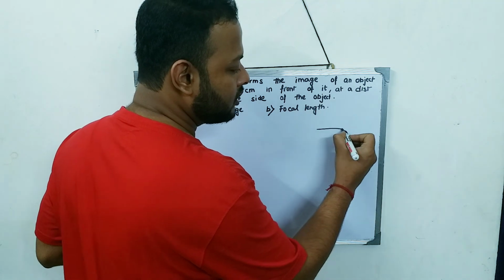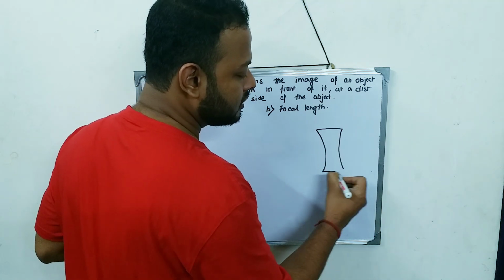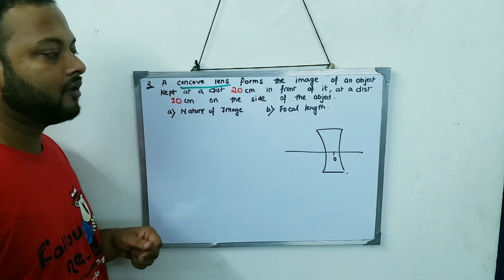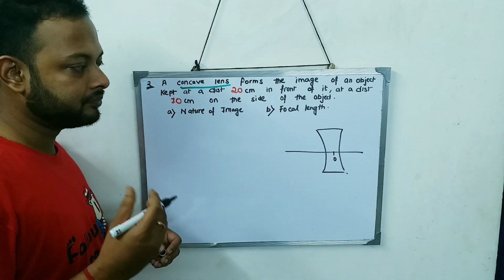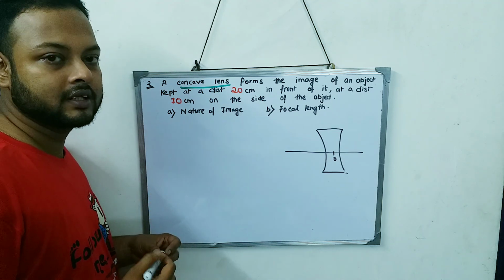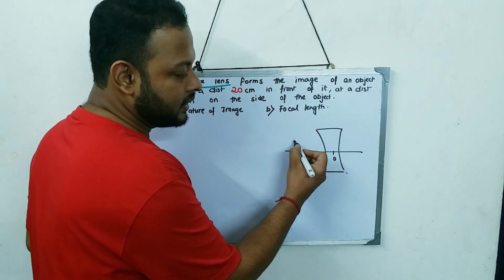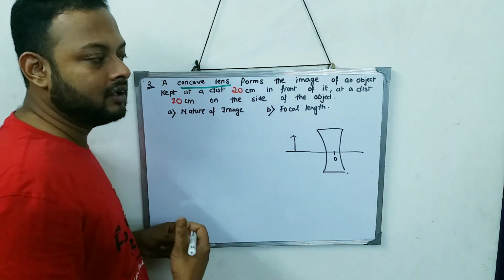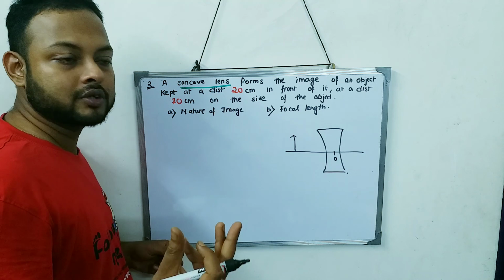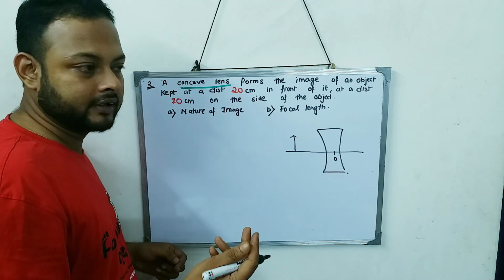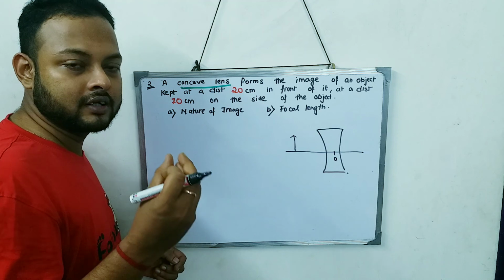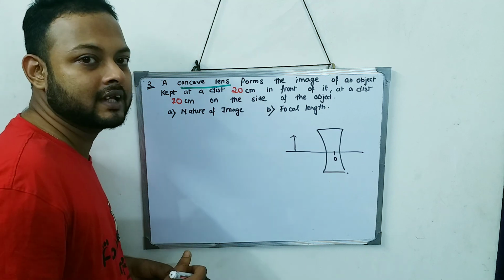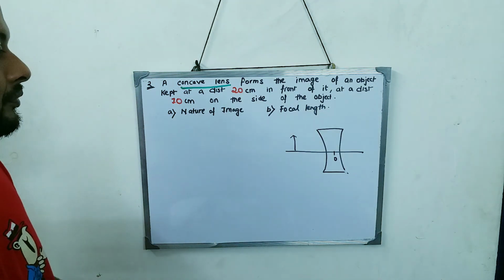So I draw a concave lens. Okay, a concave lens is just like this. Now, after I draw the concave lens, you should have an idea. In a concave lens, the object is placed on this side. The image is also formed on the same side only. If you have done the 3 diagrams of the concave lens which are there in exercise 5B, you will see that in a concave lens, the image is formed on the same side as the object.